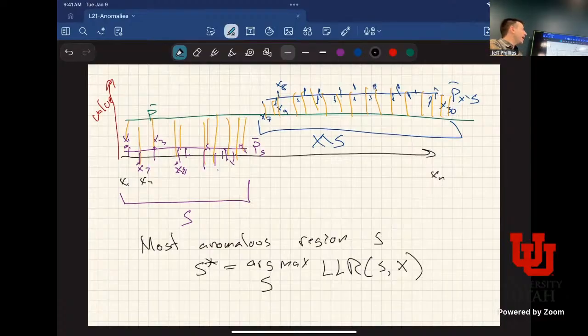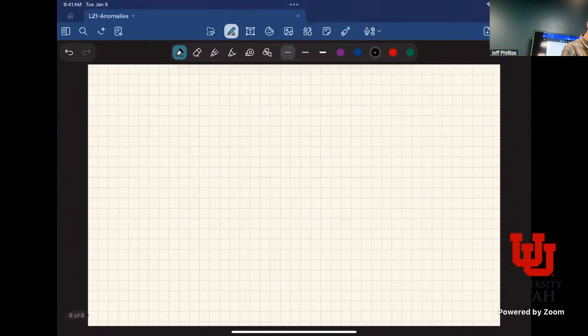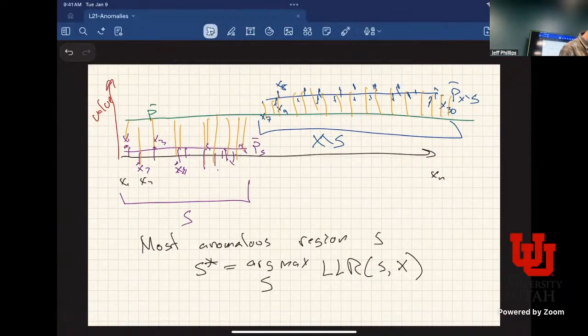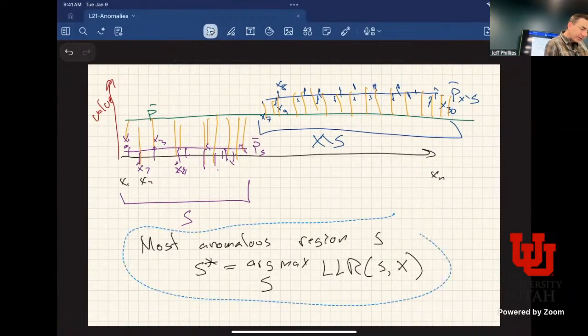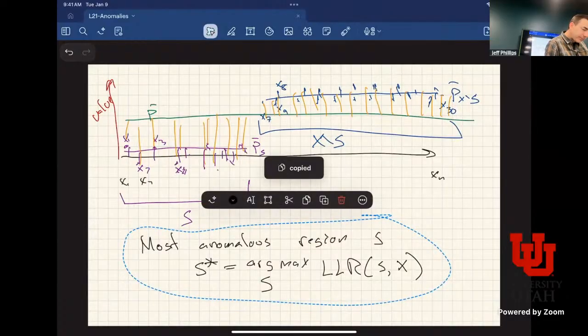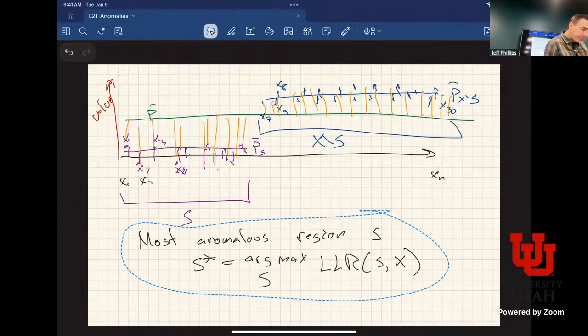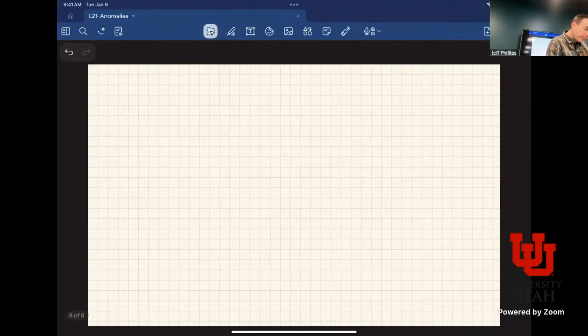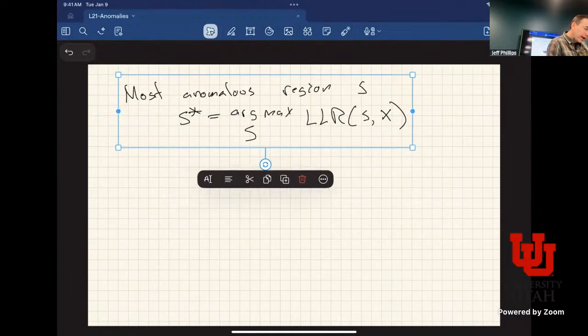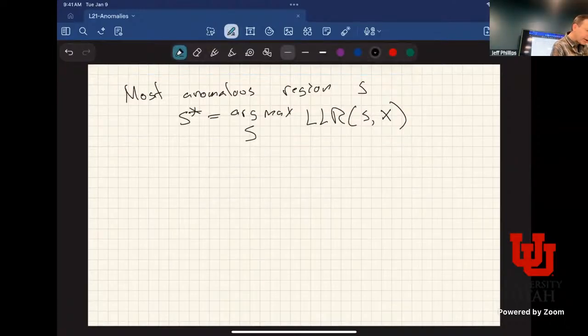Okay, is this the best possible region to find this subset here? It probably is here, but let me draw a different picture. Let me again take a snapshot of this. Okay, well, let me draw a different picture here. So maybe it's less obvious where we should pick S, right? So let's say